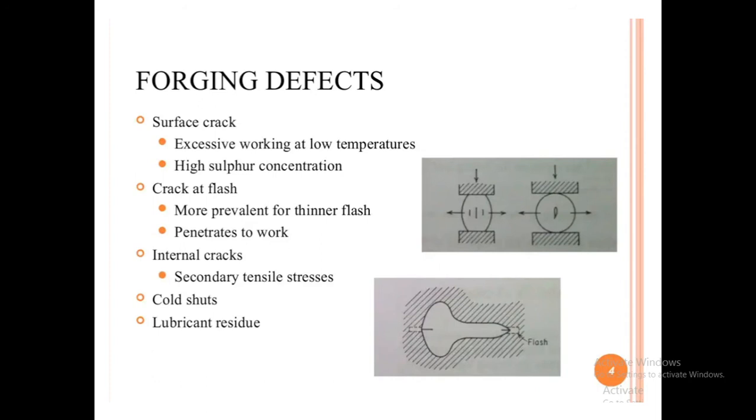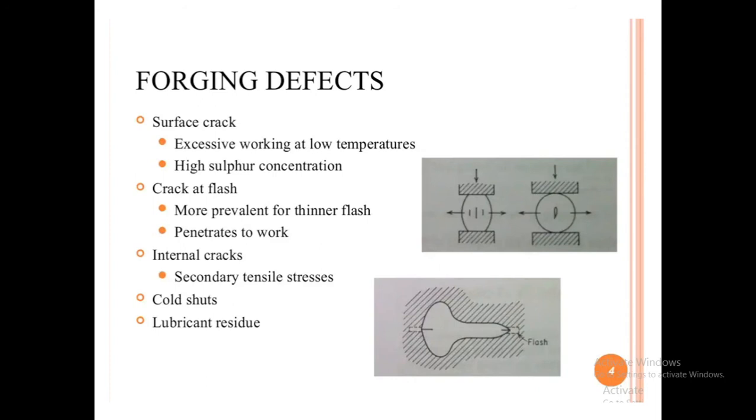And if we are using the closed die, and the two faces of the die are not properly aligned, at that time also defects will arise. Then another one is lubricant. Lubricant is used in a forging operation to reduce the friction. If we want to reduce the friction, then lubricant is necessary, and if we are using a lubricant and the lubricant is not properly used, or the amount of lubricant is less, at that time friction will be produced,